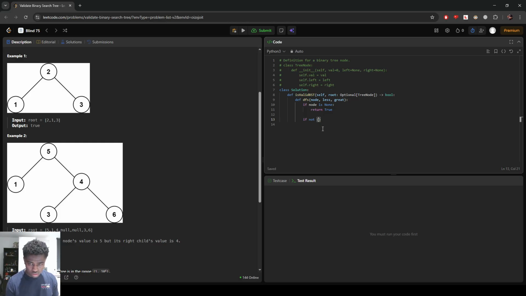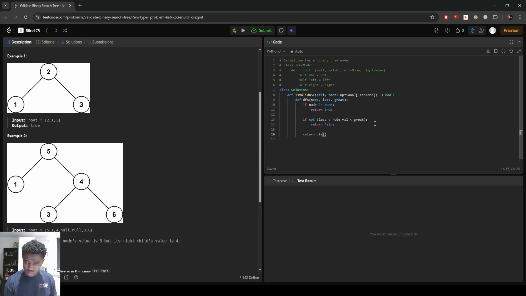If less is not less than node dot val, and node dot val is not less than great, then this is not the case, so return false. And we just do the final return, which is return DFS